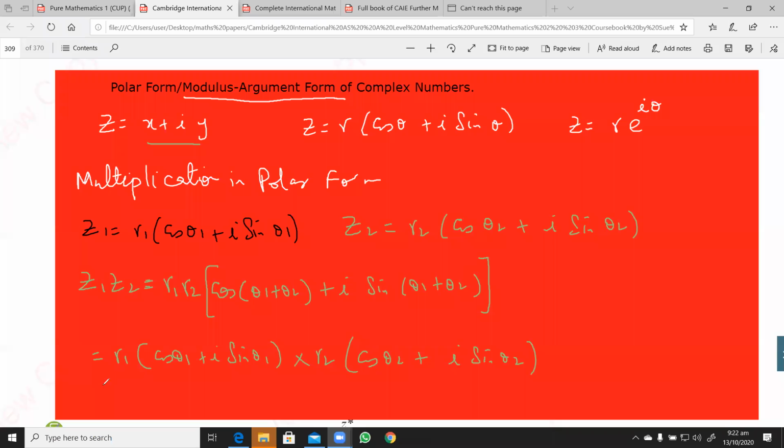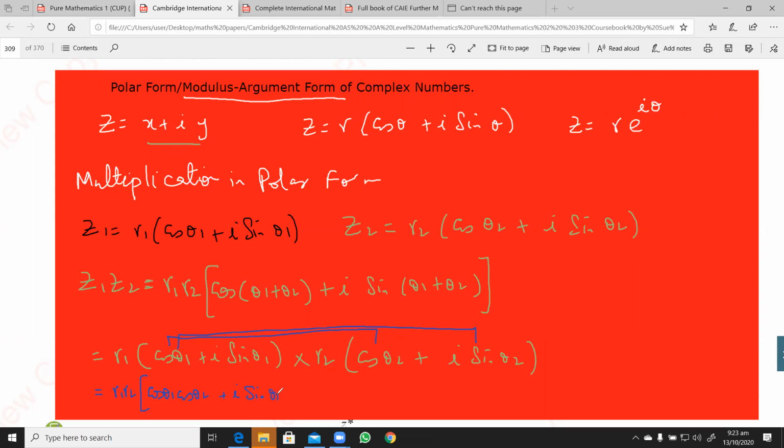You people try this and I am going to try this as well. This is r1 r2 times cos theta 1 cos theta 2, and then this one multiplied by this one will give me plus iota